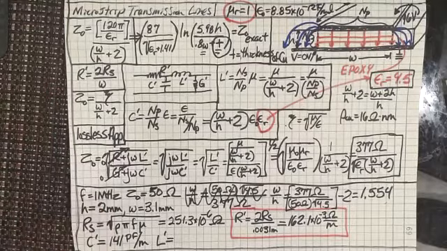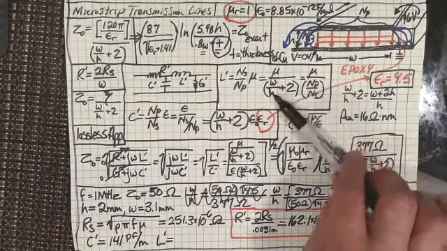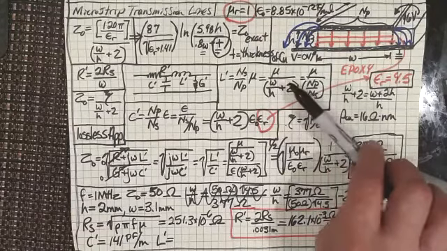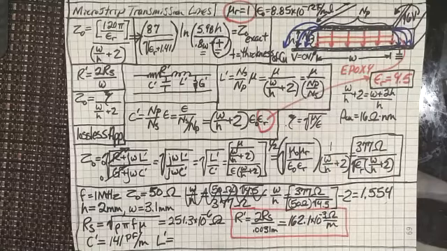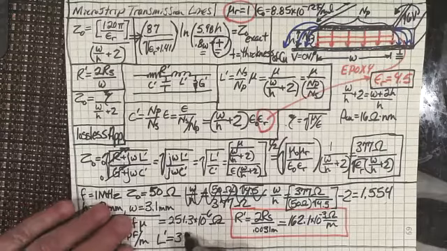So L prime, when we put that together, 1 divided by W over H, so 3.55 is what it is. So 12.56 divided by 3.5 is going to be something like 3.5, 3.75, something like that. So what we end up getting for L prime is 353